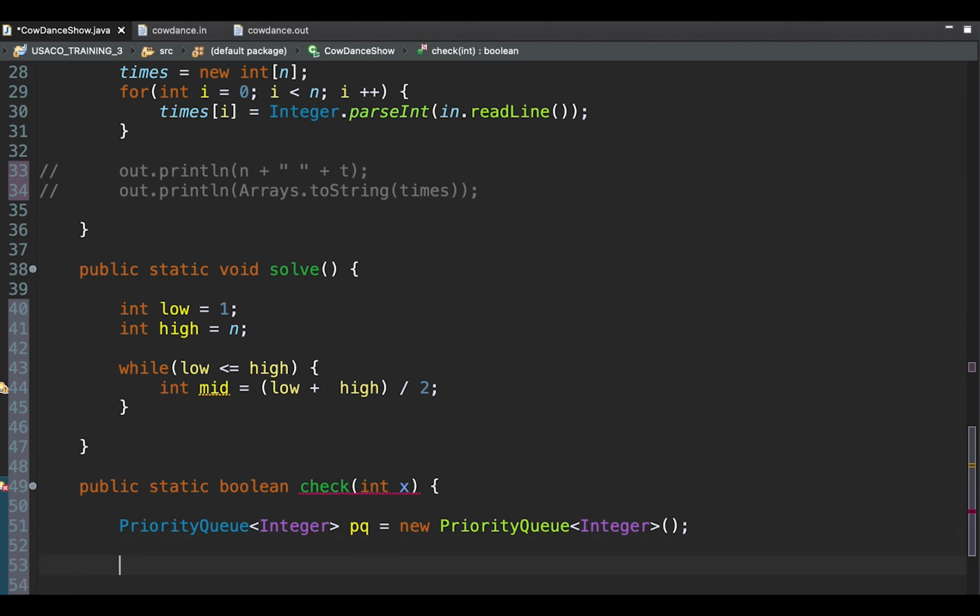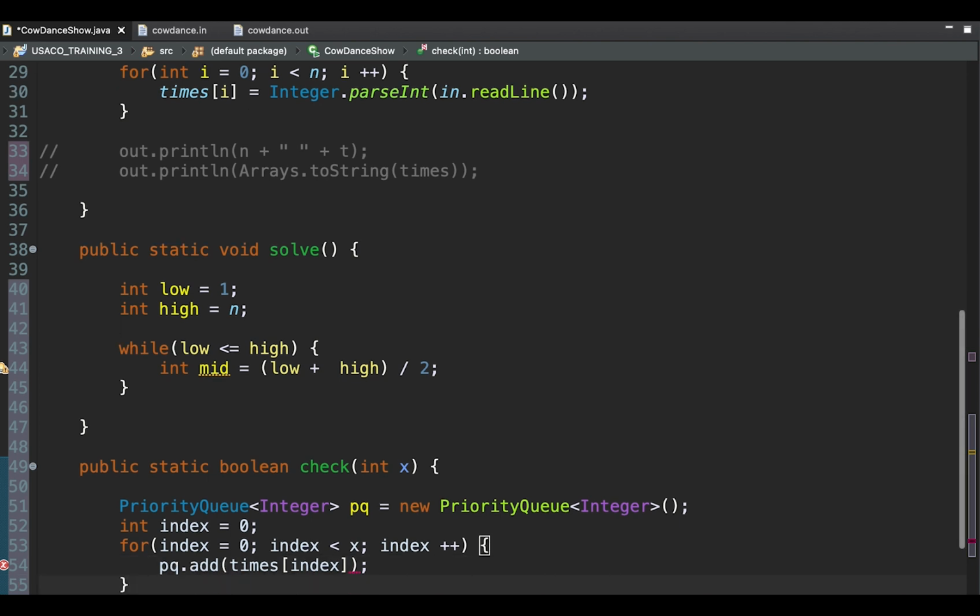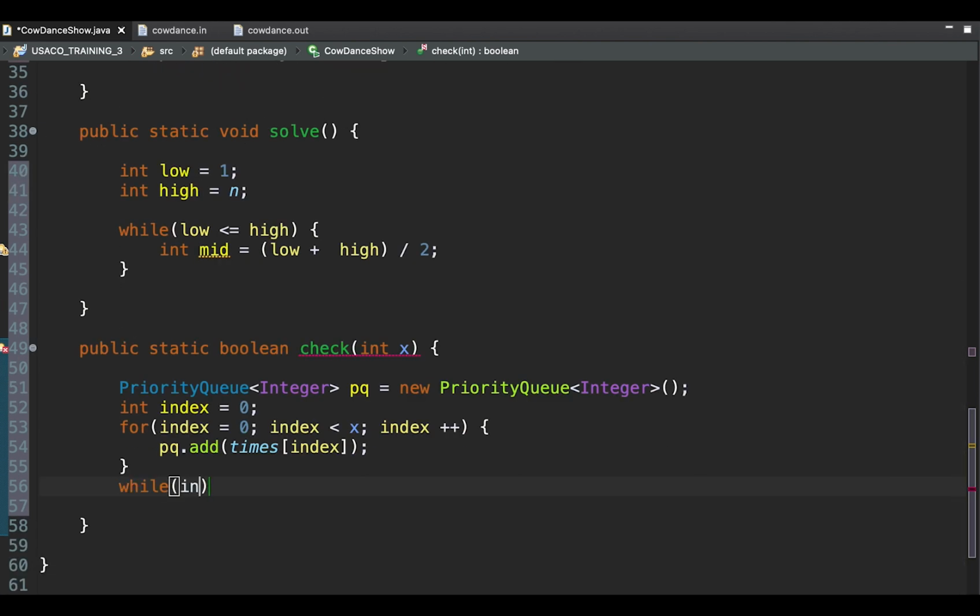So for int i equals 0, while it's less than x, we'll add. Actually, let's make an index so we can keep track of which value from the times array we need to add next. So times index, and then while index is less than n,